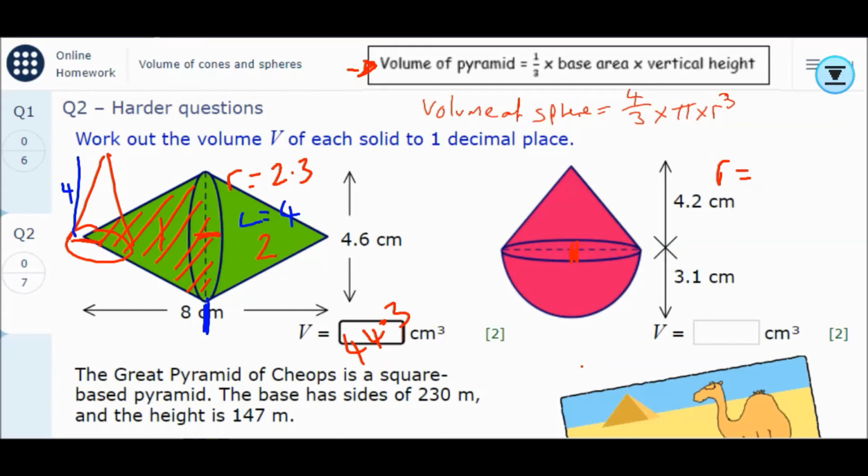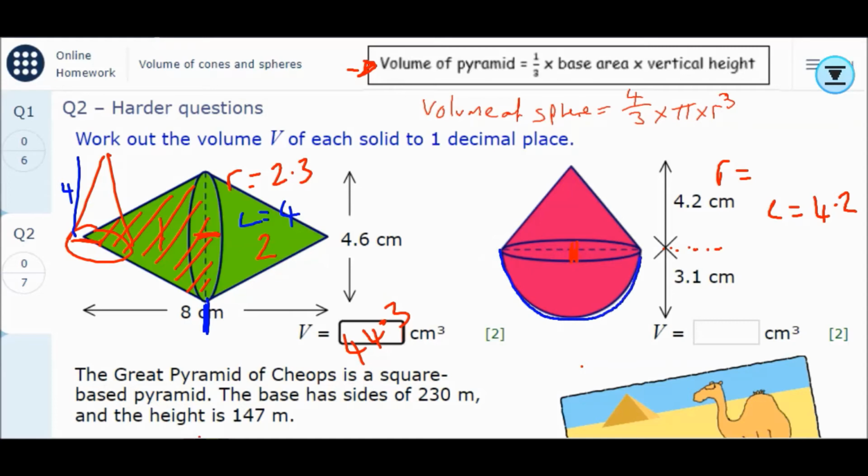Okay, I also need to find my length or my height. Now we can see from the image just here that we've got a cross in the middle, so it says that the height of my cone is 4.2. But in one way it doesn't tell me what the diameter is. Okay, it shows me the diameter, and you can see we've got to presume this